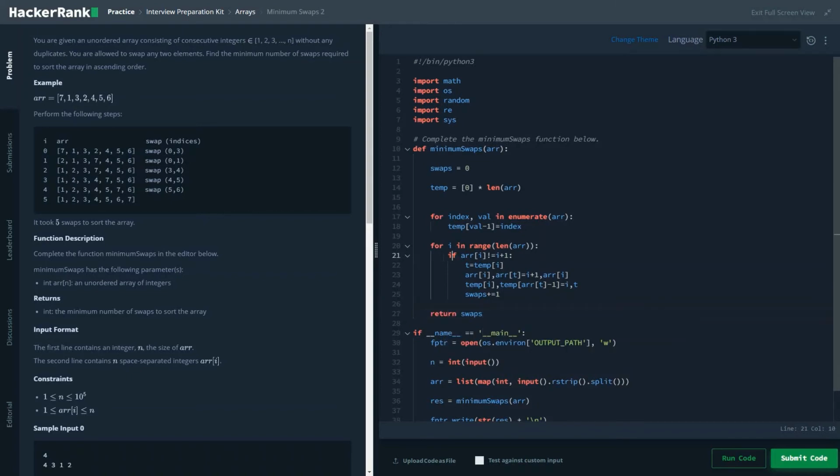So this is the basic problem. First we are checking if the array value is equal to the index value or not. For example, for the 7th position, the index value is I plus 1. The first index value is 0, so 0 plus 1 is 1, and ARR of 0 is 7. So you'd be checking if it's equal. In this case it is not equal,